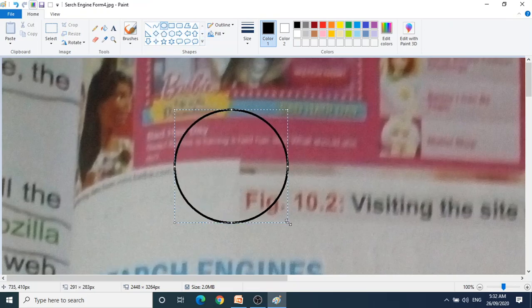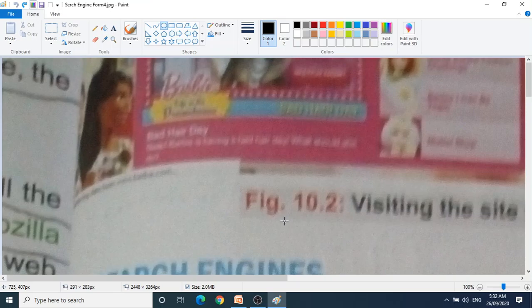Now I don't want this circle, so I will do Control Z. I thought no, that circle I need, I don't want to remove it. Control Y, redo. See, I am pressing it from the shortcut key. Control Y, redo. Again I don't want it, then Control Z.